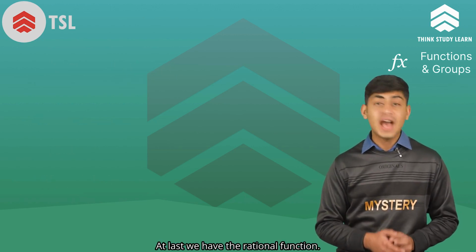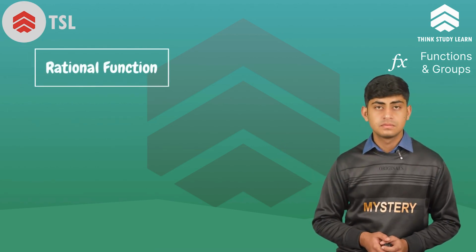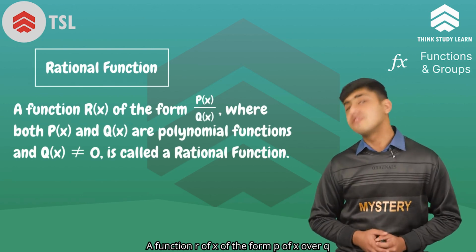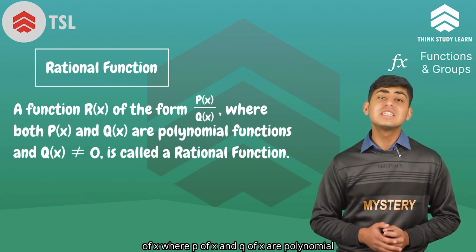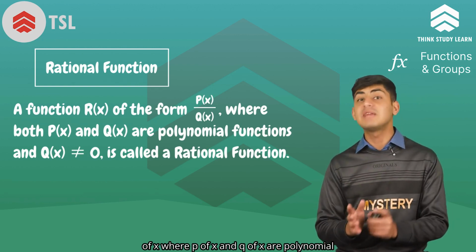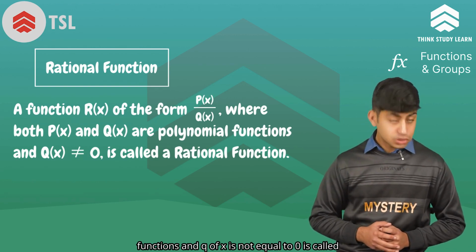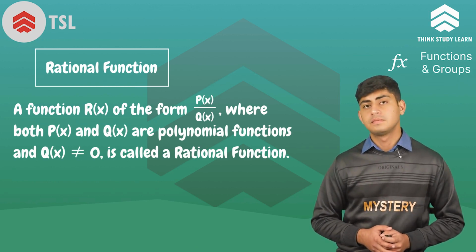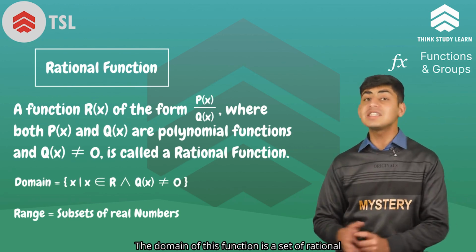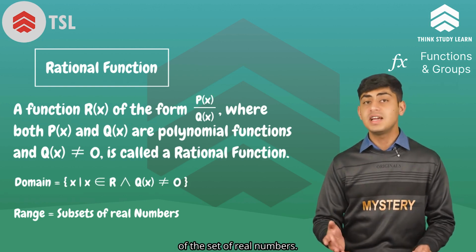At last, we have the rational function. A function r(x) of the form p(x) over q(x), where p(x) and q(x) are polynomial functions and q(x) is not equal to 0, is called a rational function. The domain of this function is the set of rational numbers, while the range would be the subset of the set of real